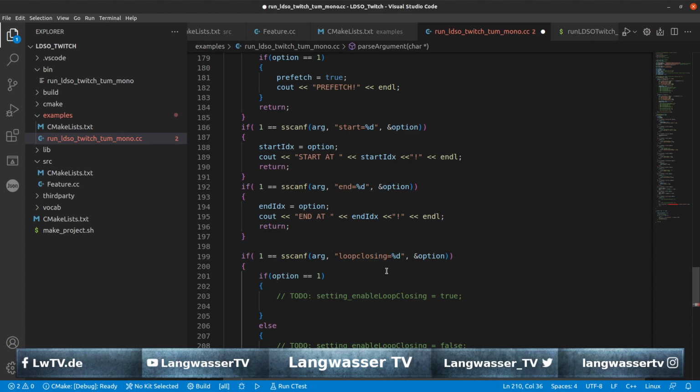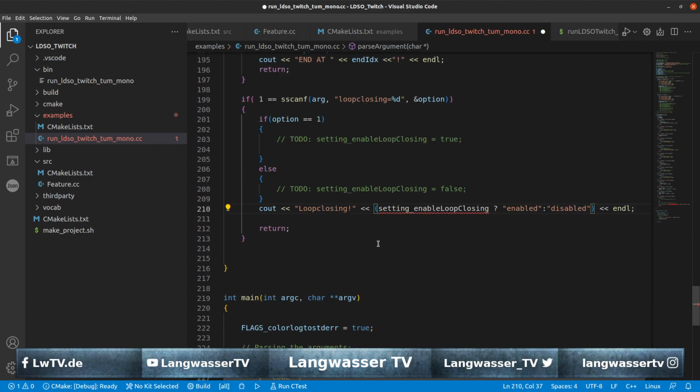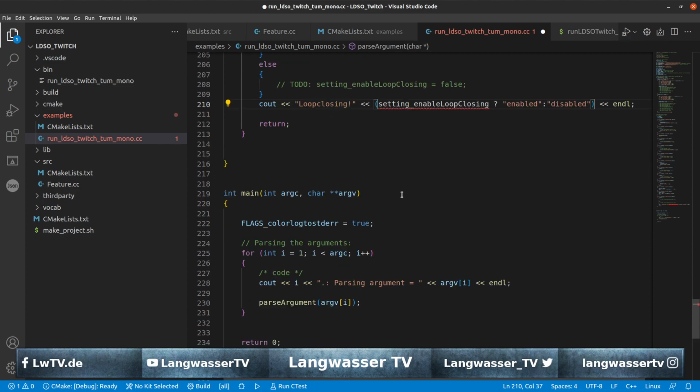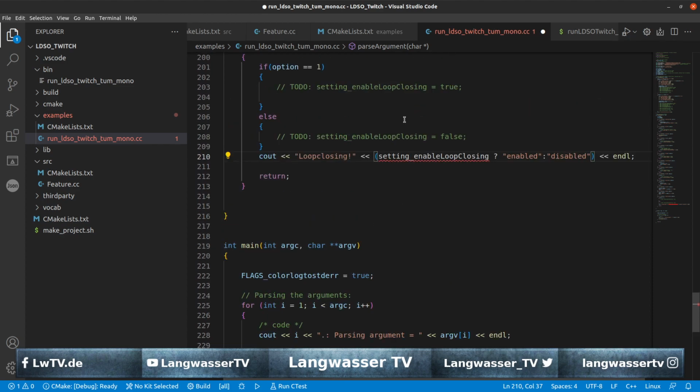And we need to put that in parentheses so that it is evaluated. But we unfortunately do not have this variable, so in this case we put the cout in a to-do as well. Then we return